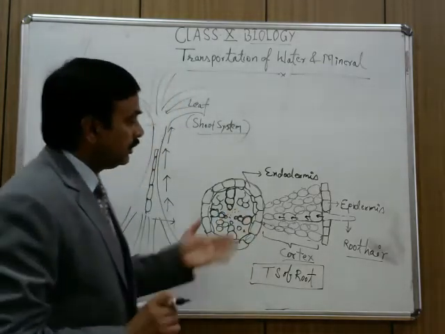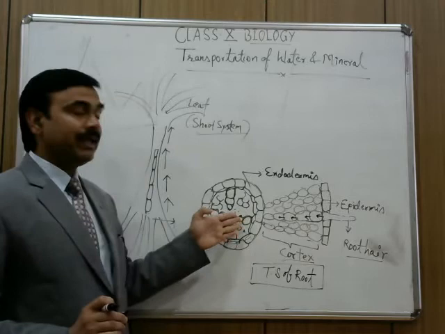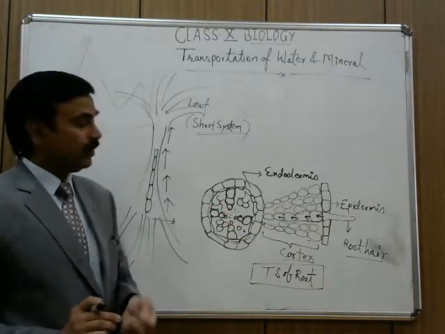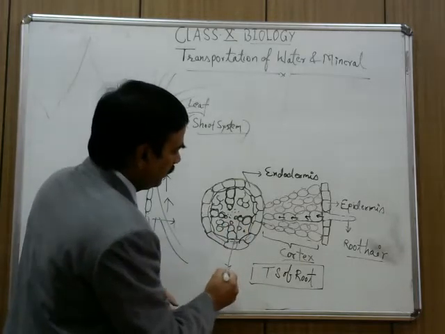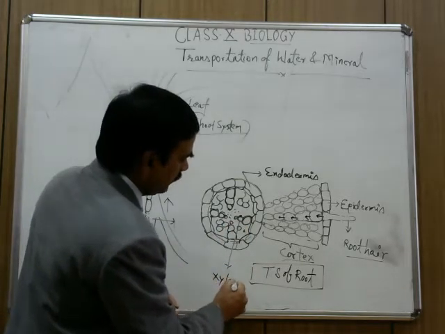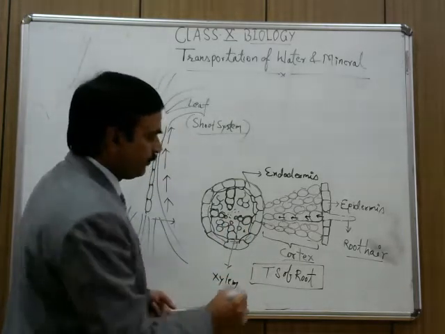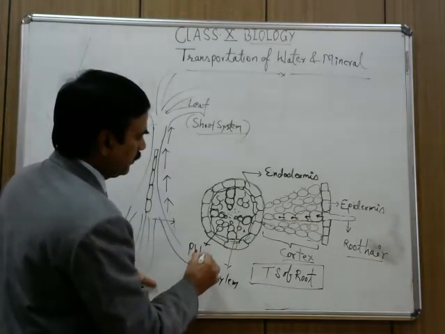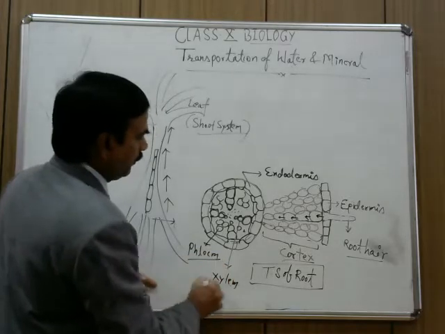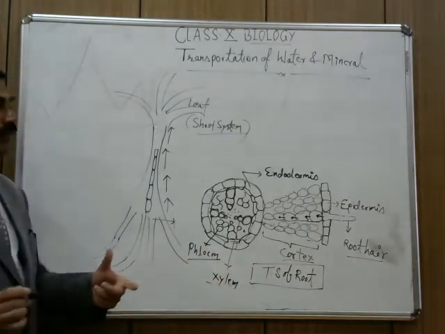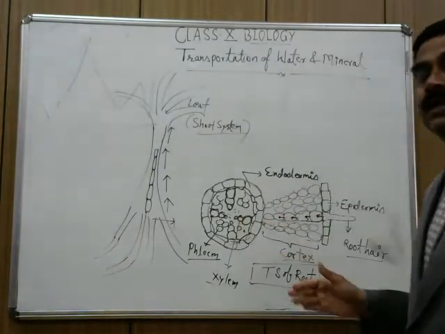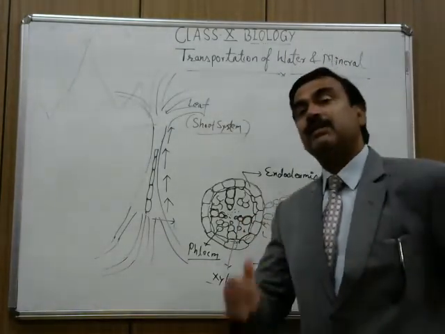Inner part to this, the pericycle, then pith, xylem and phloem are there. Okay, so you can write xylem and phloem. These two, xylem and phloem, are the conducting tissues here in the plants, which help in the transportation of